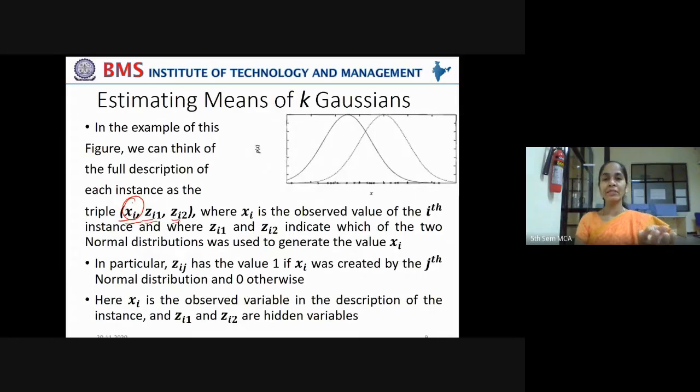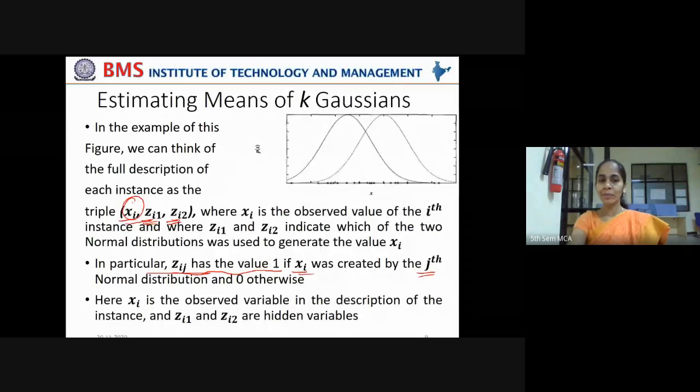You have a training instance xi and you have two distributions zi1 and zi2. But you don't know whether xi comes from zi1 or zi2. Got it? Now in particular,